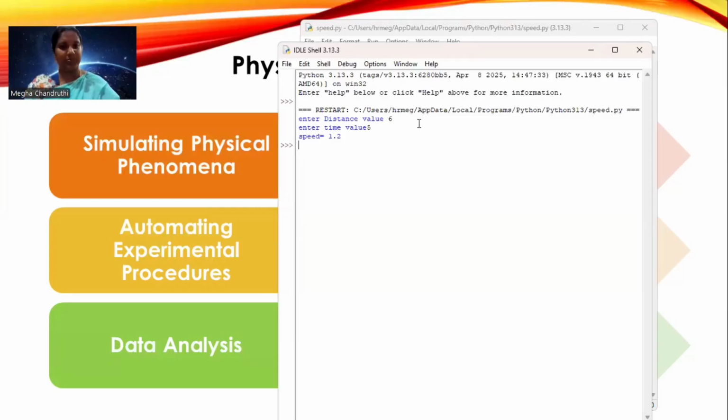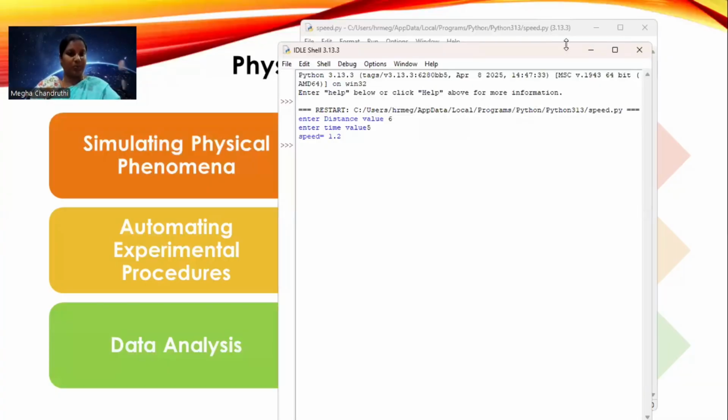Here I did not give any float or anything. So this is your automatic experimental procedure, which can be easily executed using a Python program.